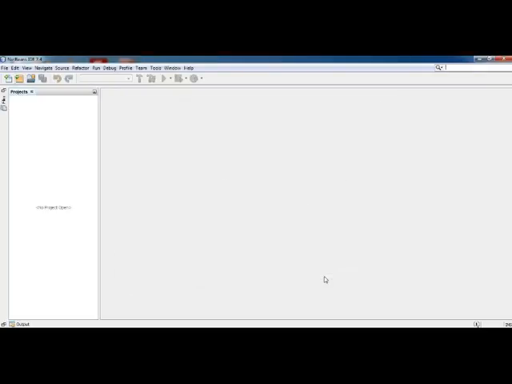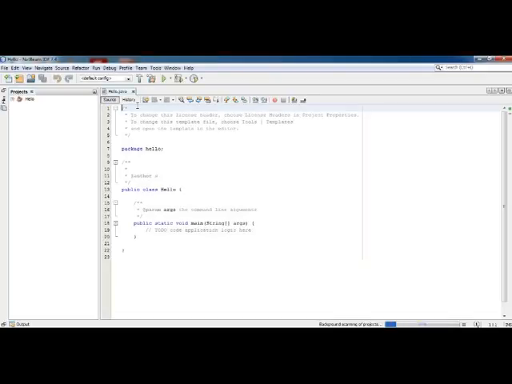Here is our main class and the package where you have to write your code and then run it. Very simple procedure. Here is our public class hello. It is written in package hello, which is the name we have given, and then this is main. Here we have to write the code.